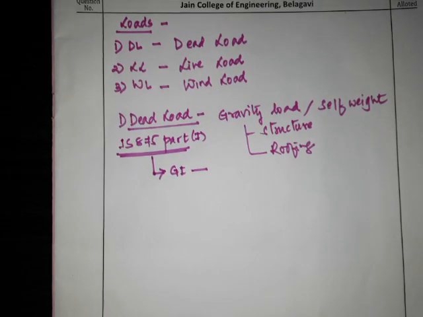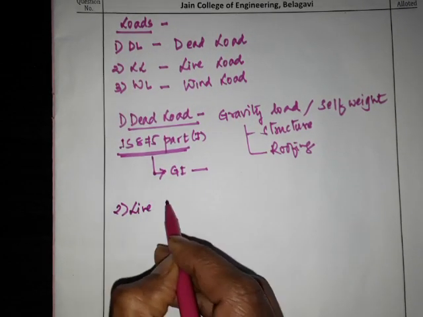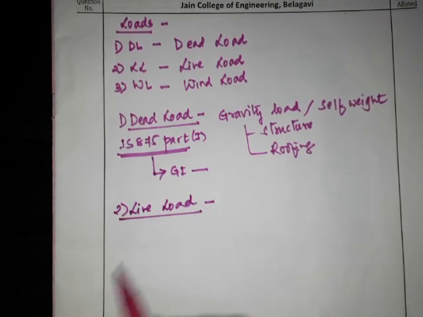Then we have the next, that is live load. So what is live load again? Live load is a type of load whose intensity or magnitude and location is not fixed. Correct? It will change from time to time, duration wise, even the magnitude will change. If you are using that truss for a simple roof, then the live load will change. If you are using it for an industrial structure, live load will change. If you are using it for a railway station, again the live load will change.